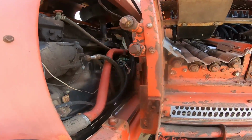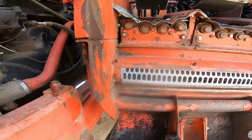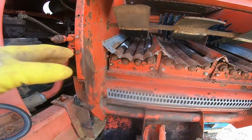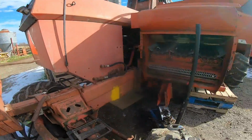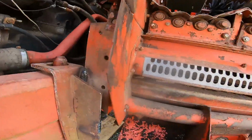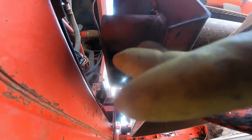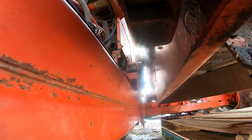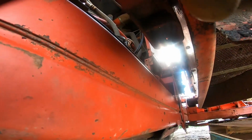So we got to set this in here now to hold it. I went through and measured everything for fit. Like, I have this exactly positioned square to the frame. I went underneath and measured the gap between this side of the husking bed and our big box of frame there, that we're good side to side. And then I measured squareness with a builder's square,